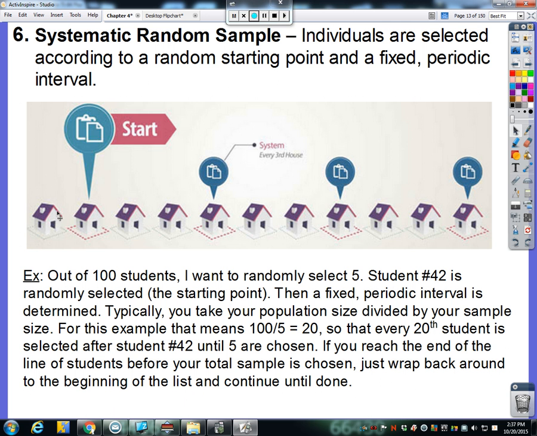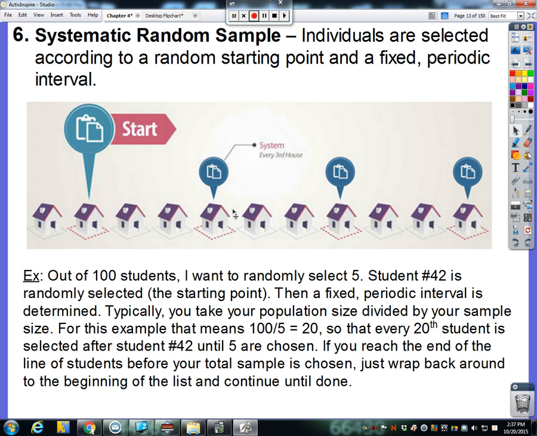So in this example up here, we had 1, 2, 3, 4, 5, 6, 7, 8, 9, 10, 11 houses, and apparently I needed 4 in my sample. So 11, and we'll just go with 12 since it's a little bit nicer. 12 divided by 4 gives me 3, and there's my every third house. So if you need to round a number to get the every however many for your fixed periodic interval, that's